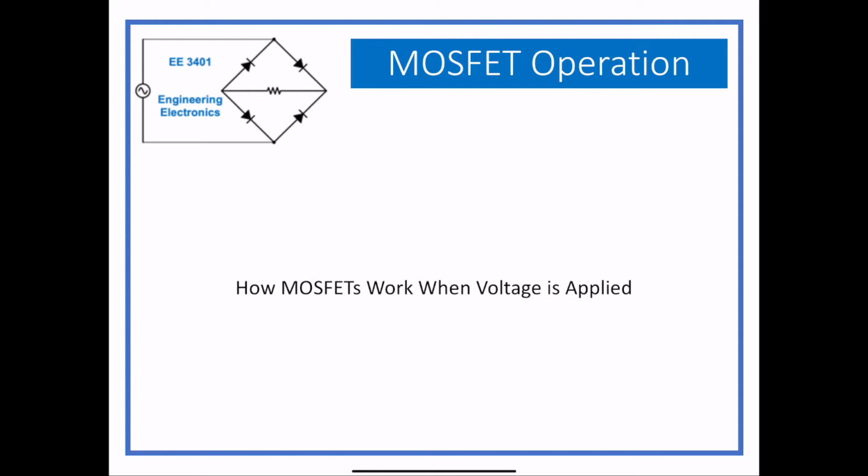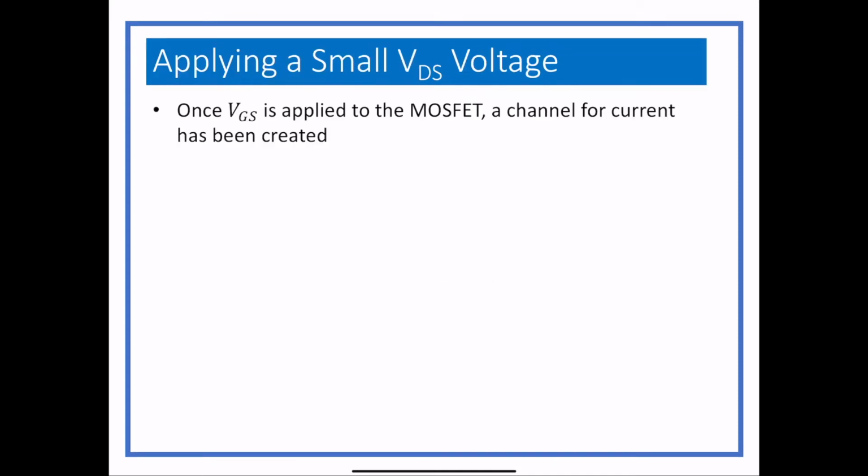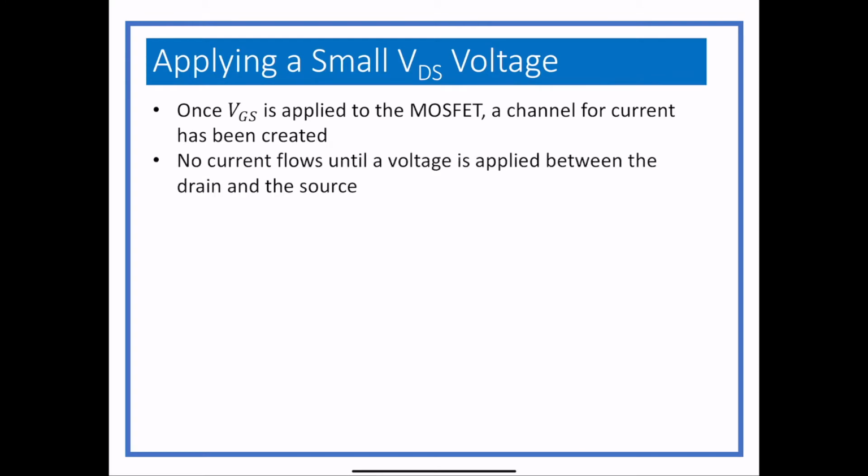Last time we looked at MOSFETs without voltage applied, and how they were constructed and made. And now we're going to look at what happens when we actually apply voltage. The only thing we did last time was apply a gate to source voltage, which created a channel the current could go through. But now we're going to talk about what happens when you apply a drain to source voltage once you've got the gate to source voltage set and you've got a channel that is allowing current to flow. So you've got the channel, and then we start to apply a VDS voltage,